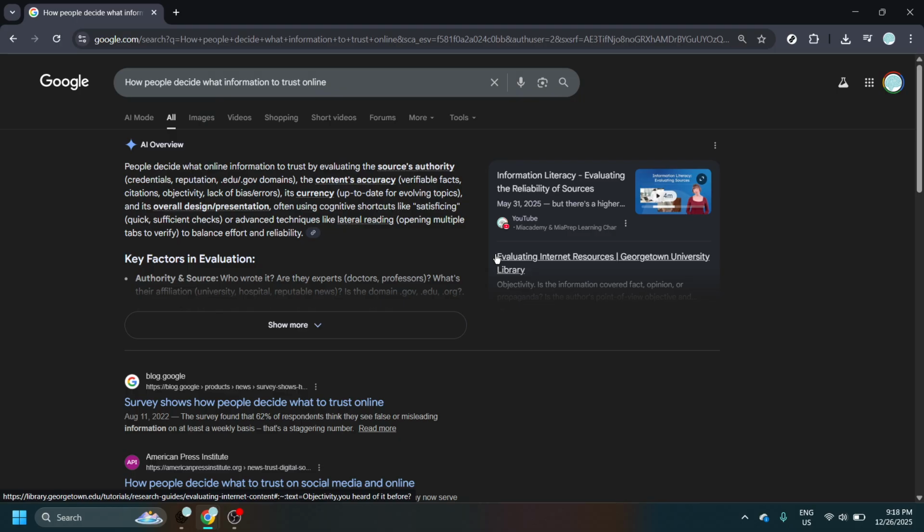On the results page, look near the top for an AI overview. This is a summary generated by Google's Gemini models, designed to give you a quick, sourced explanation without replacing the web results below it. You'll often see concise takeaways paired with links to supporting sources so you can verify details